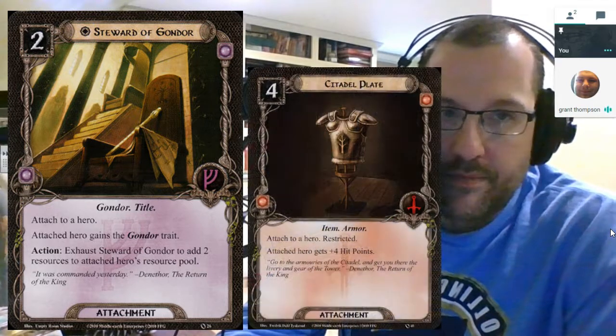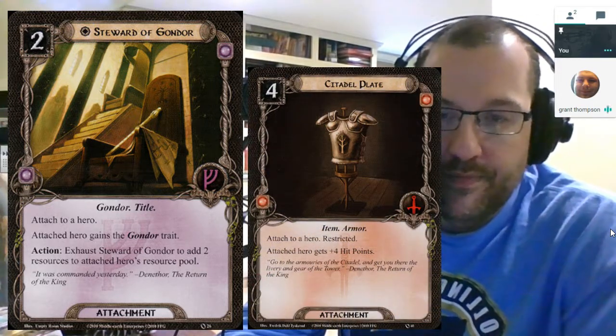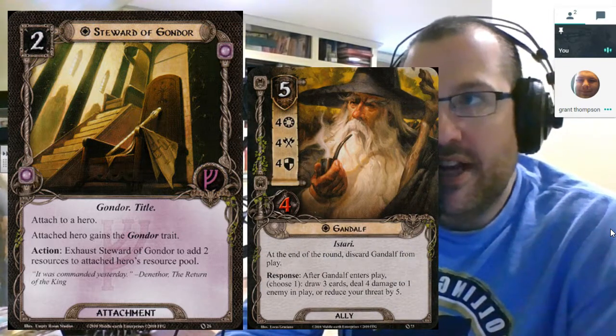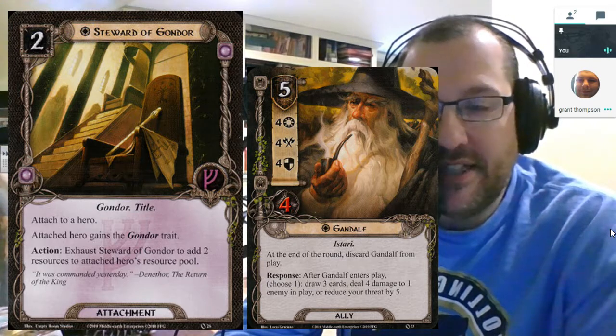I run Steward of Gondor in pretty much every leadership deck or every deck that has leadership in it because resources equals good. Right. That's one of the hardest parts of the game, when you get resource locked because you have to spend a resource to do this, spend a resource to do that, and then all of a sudden you're out of resources. Having more resources means you can pull out your bigger allies, pull out your bigger attachments that cost, say, 4, like the Citadel Plate that we've not long since discussed. You can pull out Gandalf. That's a first round Gandalf. Well, I guess it's not a first-round Gandalf, but it's a guaranteed second-round Gandalf,